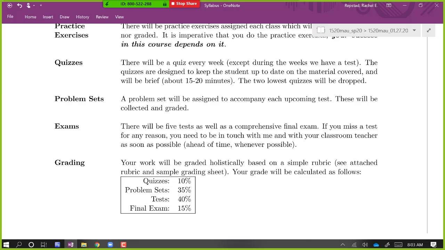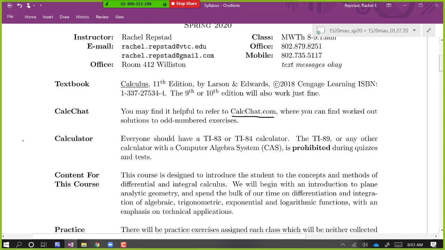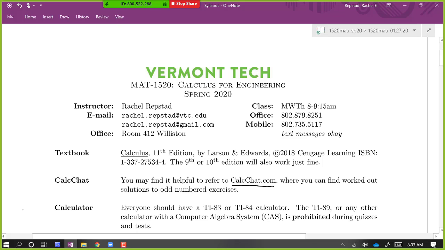So if you miss a quiz or a test ever, you should be in touch with me and Ms. Morgan Puglisi as soon as possible, ahead of time if possible. If you know you're not going to make it in, I should get a text from you. My cell number is up here. Feel free to text questions also if you're struggling with a problem and can't figure it out. People text me, sometimes they'll send me a photo of where they're at and where they're stuck, and I can give feedback or a little nudge in the right direction. But also, if you're going to miss a quiz or a test, you have to be proactive about that.